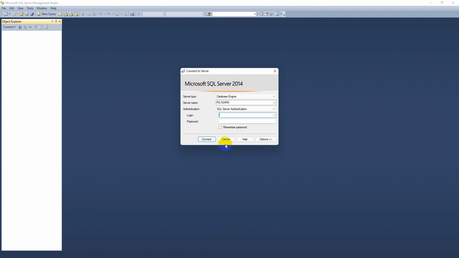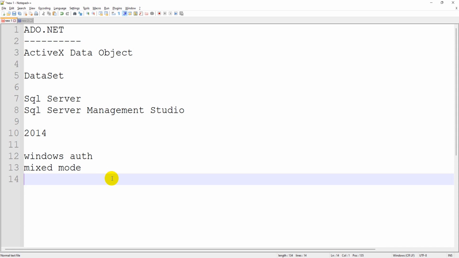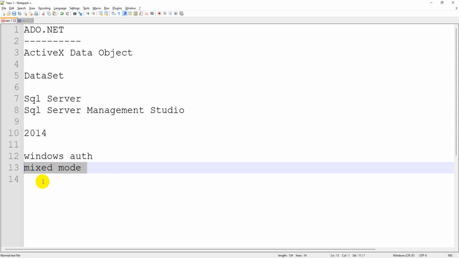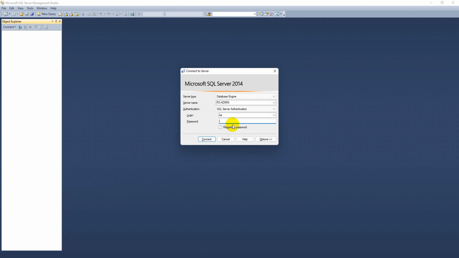The same password you have to give here. The username will be SA by default, short for SQL authentication. This password should be equal to the password you selected at the time of installation.